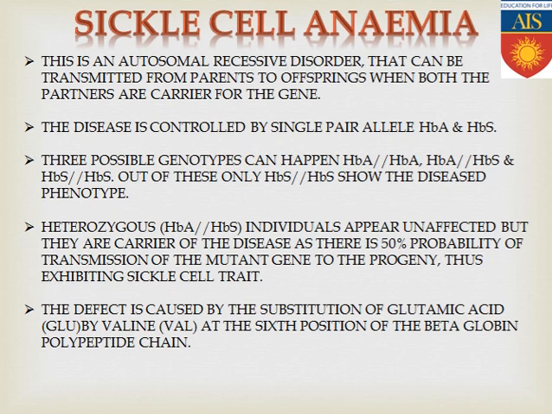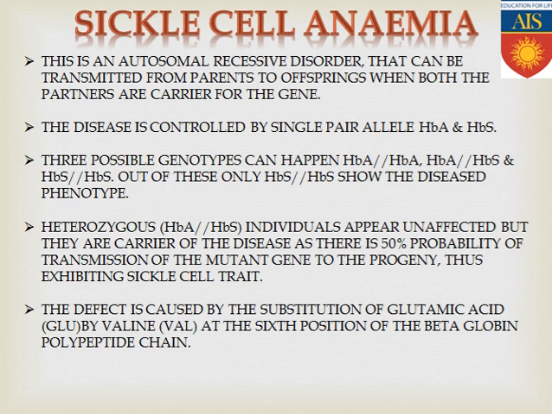After hemophilia, the next genetic disorder or Mendelian disorder in our syllabus is sickle cell anemia. What is sickle cell anemia? This is such a kind of disease where the RBC becomes sickle shaped, the biconvex round shaped RBC can't keep its normal shape. So for that reason, the shape of this RBC becomes sickle shaped, and this is commonly known as sickle cell anemia. This is an autosomal recessive trait.